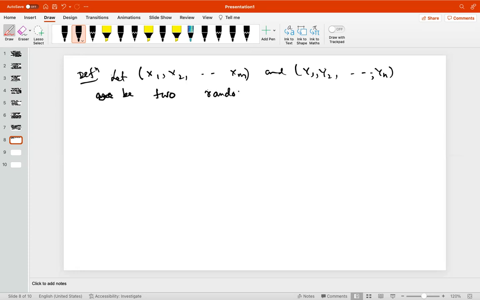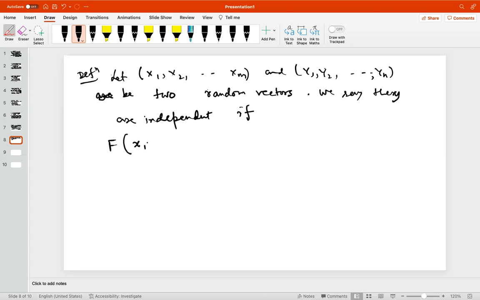We say these two random vectors are independent if the joint distribution function of X1, X2, ..., Xm and Y1, Y2, ..., Yn, that complete joint distribution,